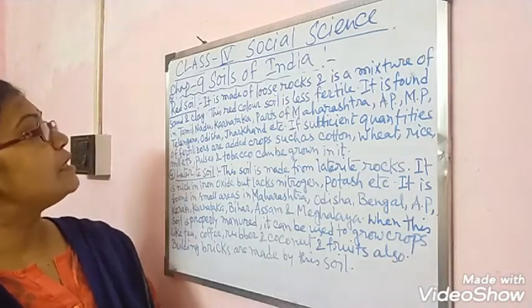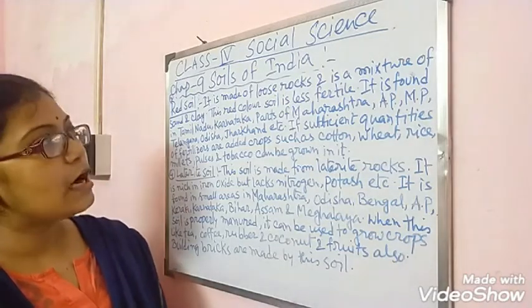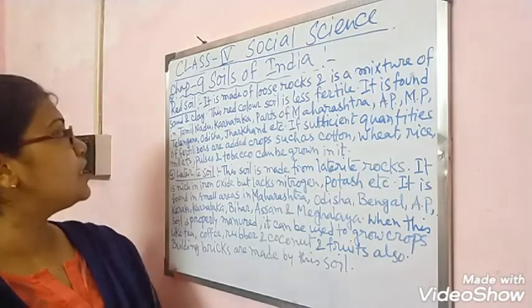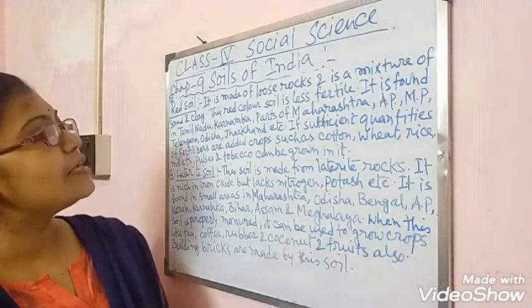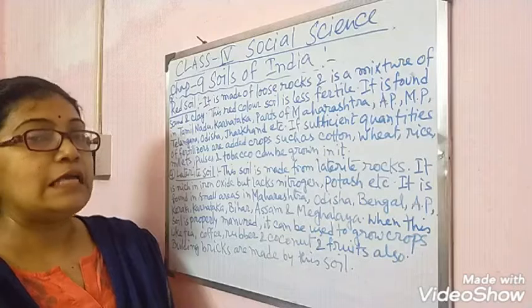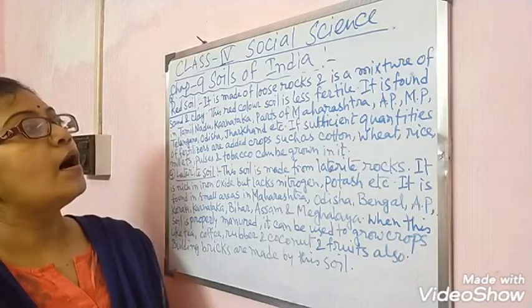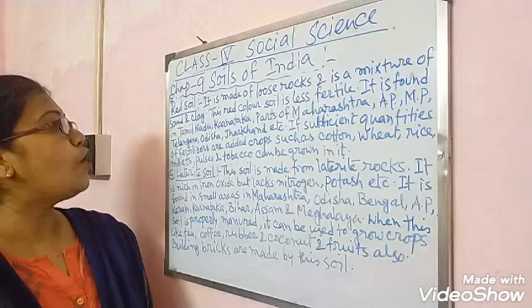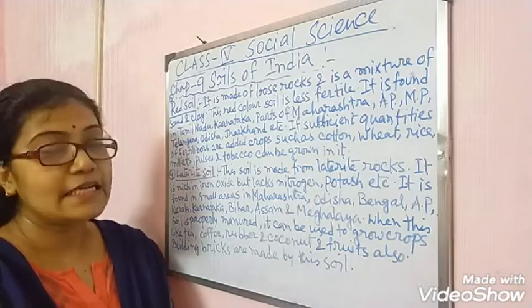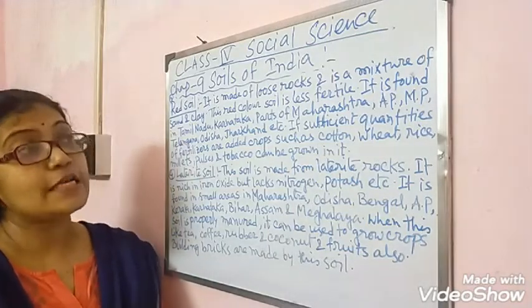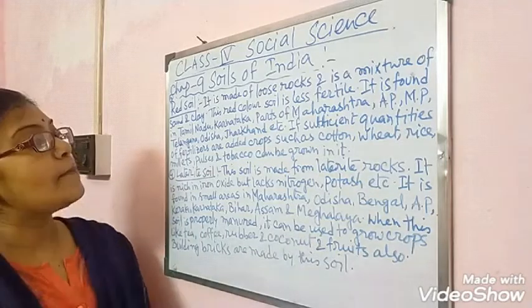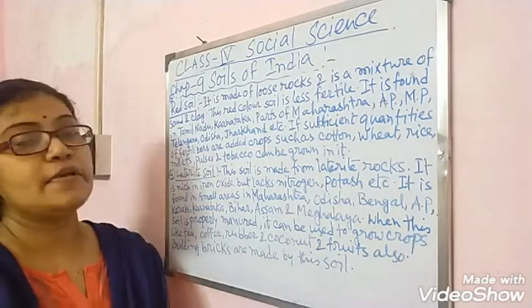It is found in Tamil Nadu, Karnataka, parts of Maharashtra, Andhra Pradesh, Madhya Pradesh, Telangana, Odisha, Jharkhand, etc. If sufficient quantities of fertilizers are added, crops such as cotton, wheat, rice, millets, pulses and tobacco can be grown